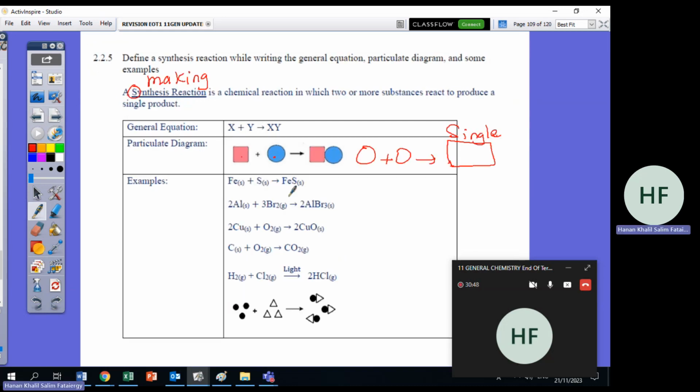Okay, let's see the examples. Here I have 2 reactants and 1 product. Again, 2 reactants, 1 product, and again 2 reactants, 1 product. So whenever we have a single product, this means synthesis. Both start with the letter